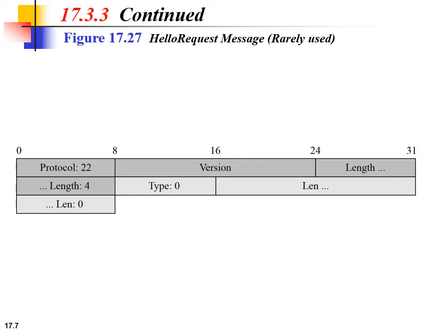For example, if the session becomes so long that it threatens the security of the session, then the server may send this message to the client, and then the client needs to send a client hello message and negotiate the security parameters. As you can see in this figure, the field type is 0 and the message doesn't have any body, so the value of the length field is also 0.